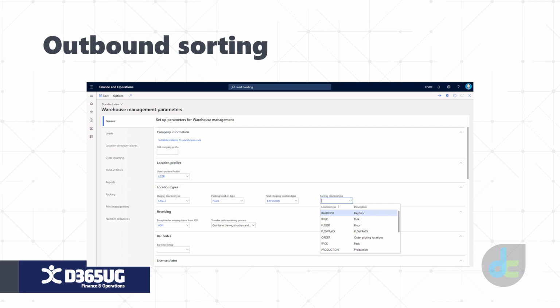Next, we have outbound sorting. There's really not much to show since a lot of this is setup and logic driven. But when you enable this feature, you'll see a new parameter in warehouse management parameters called sorting location type. What this will do is allow pallet building opportunities with the ability to sort packed containers to a correct pallet after the packing station to build a packing hierarchy.